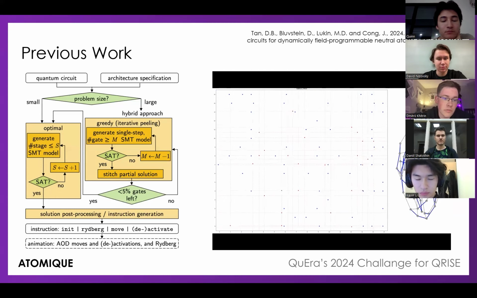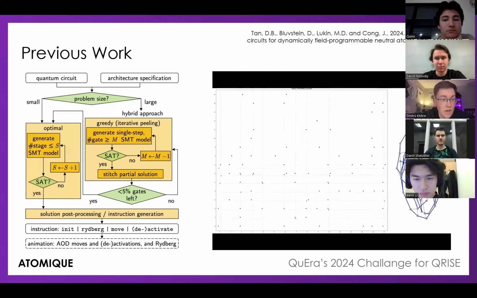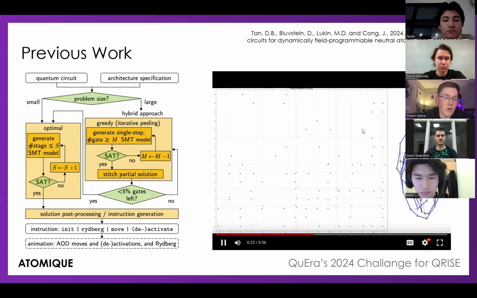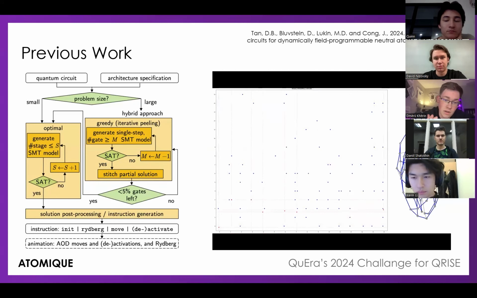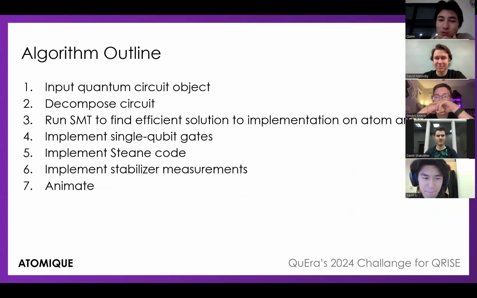So in our project, we built upon the compilation strategy presented by UCLA and Harvard earlier this year. You can see what their animation looks like on the slide. Since the pre-existing compiler only supports 2-qubit gates, our goal was to add single-qubit operations into both quantum circuit synthesis and the compilation visualizer. And this is the journey that we took to develop a novel